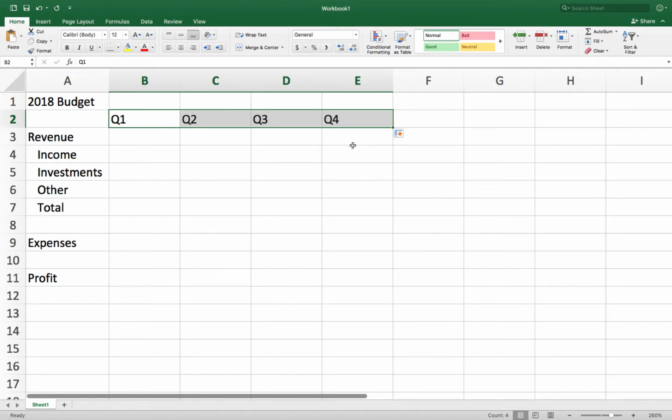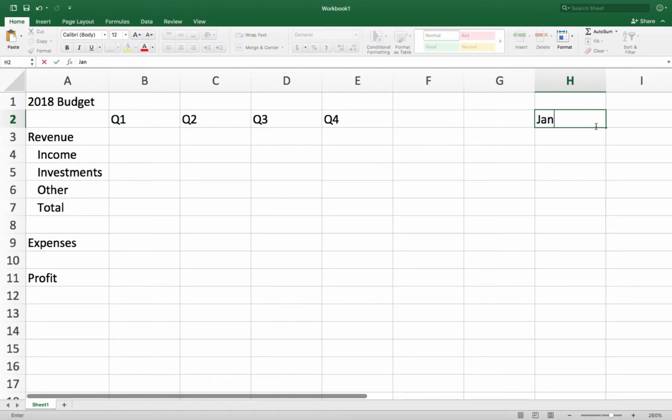Okay, let me show you some other cool things that autofill can do, you guys. I'm going to skip over some columns and go over to the right. So maybe instead of doing a quarterly budget, I want to do a monthly budget. If I just type in the abbreviation for January, and then get on the fill handle in the lower right corner, look for the black plus symbol, and I just drag down,